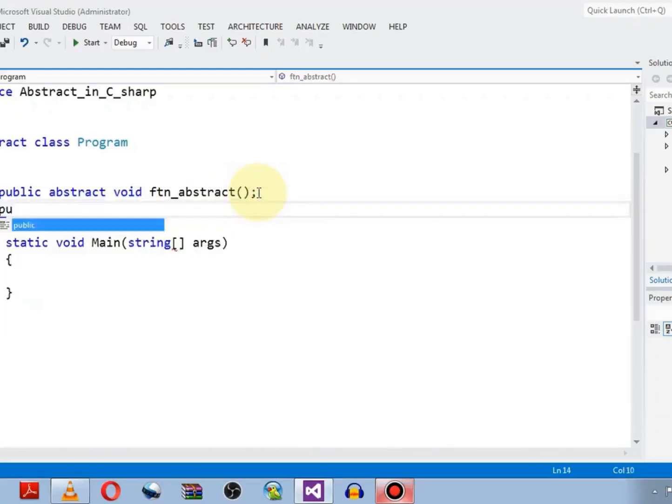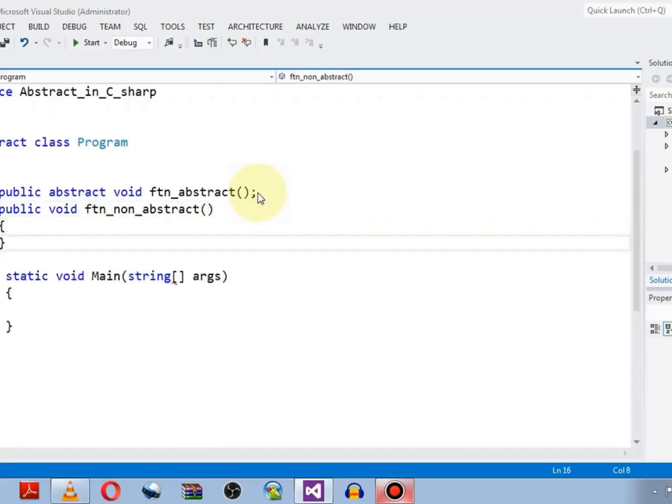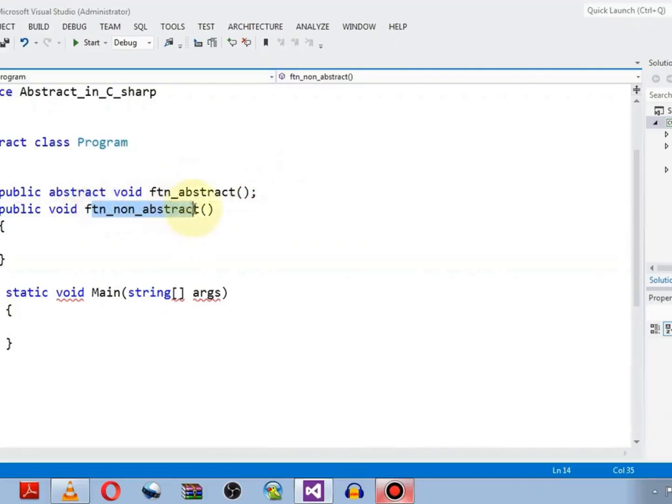After this we will be having a non-abstract method, that is, let's say specifier public, then return type, and then function name, let's say ftn underscore non underscore abstract. To make it easy, I have given this name to the non-abstract method so it could be easily understandable.